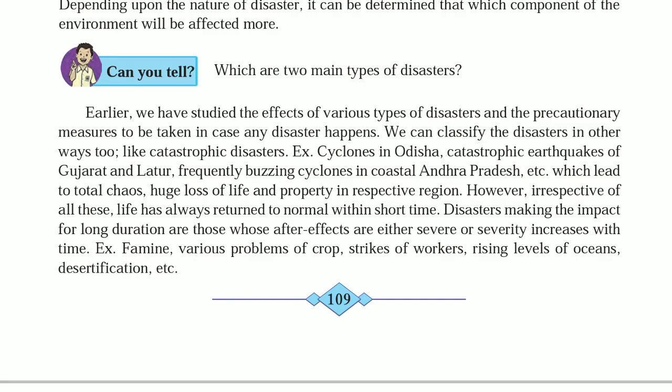However, irrespective of all these, life has always returned to normal within a short time.